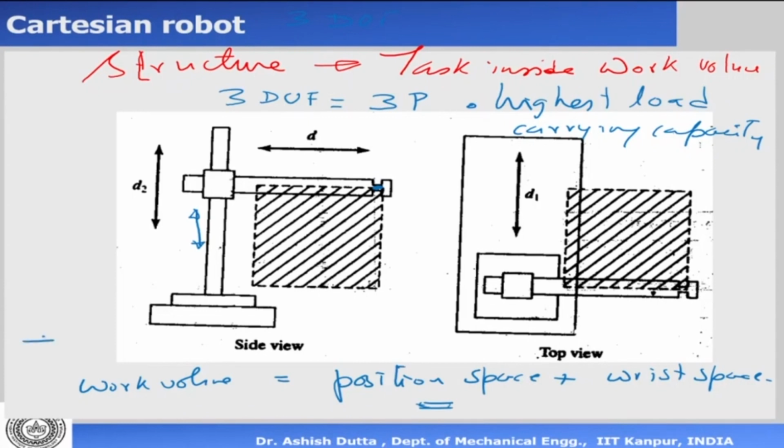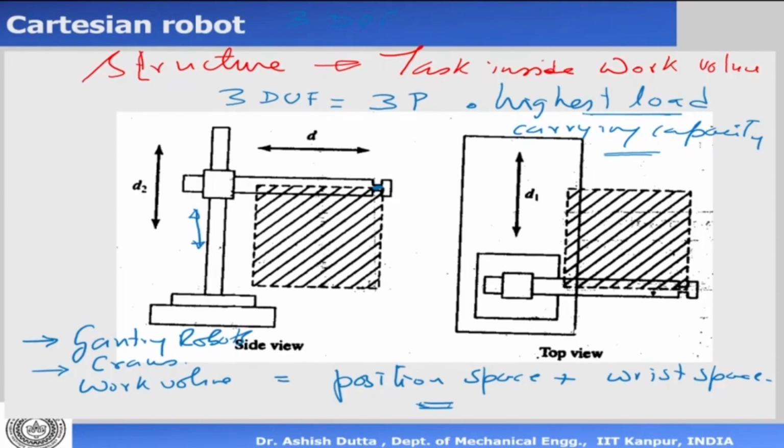And these robots, you would see them in industries as gantry robots. They also look like cranes. There are overhead cranes that can pick up very heavy loads, like they can pick up cars and place them from one place to another. So a Cartesian robot has the highest load carrying capacity, and in industries they are used for carrying heavy weights in the form of an overhead crane. They are mounted on 2 sides, maybe the 2 sides of the wall, and they work like overhead cranes. So this is something important to note, that the work volume is a cuboid, and this robot has the largest